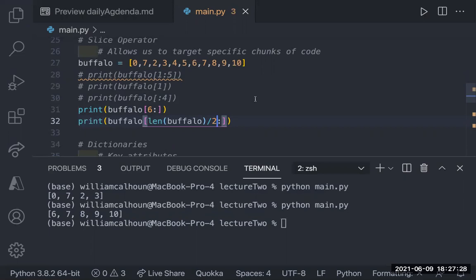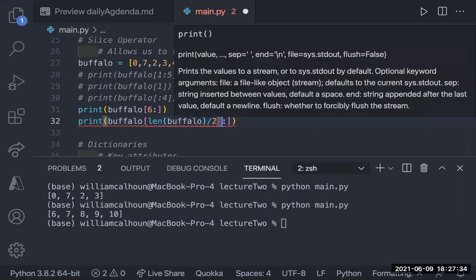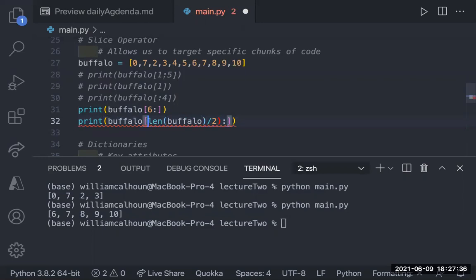Let's try it. Think it's going to work? Let's try both ways. So what I'm saying is I want to get the length. I want to get half. I just want to say I want half of it and the rest, the back half, the last 50%. Let's see if this works actually.